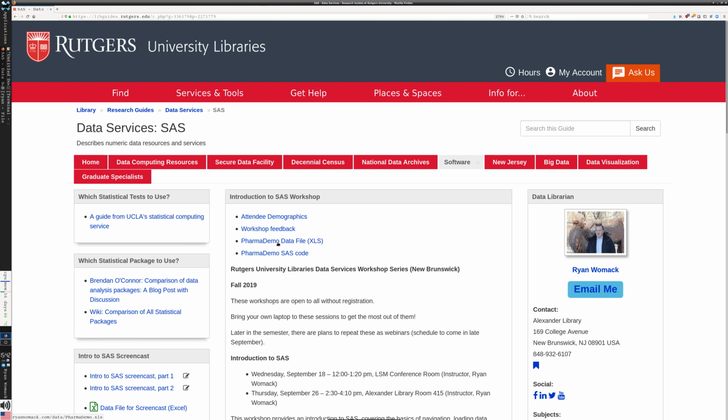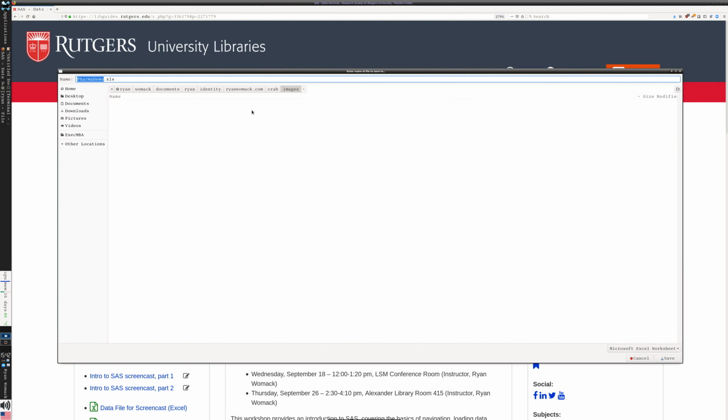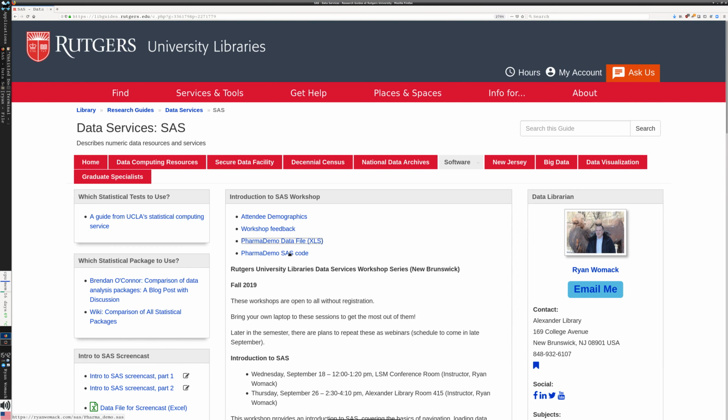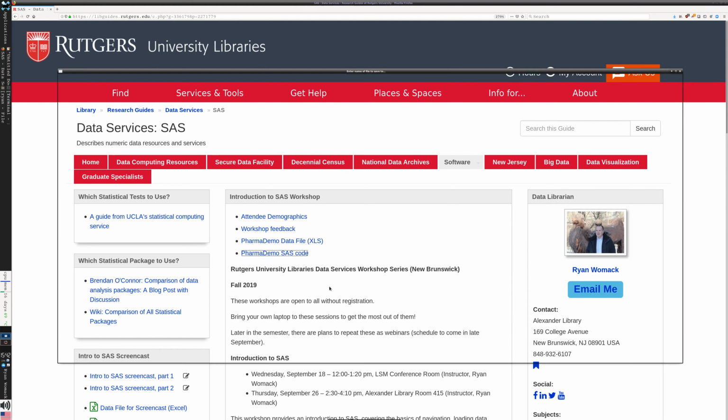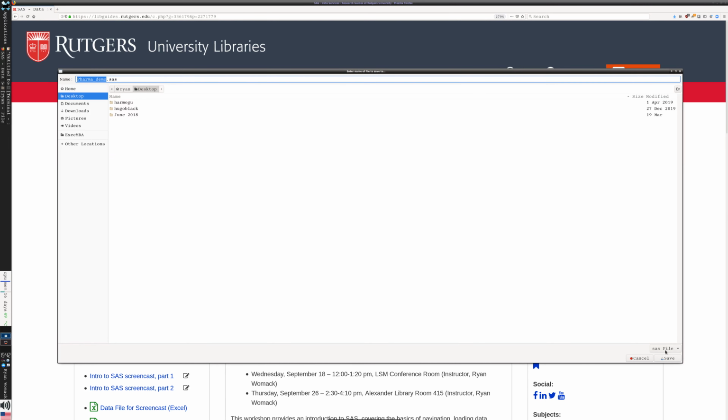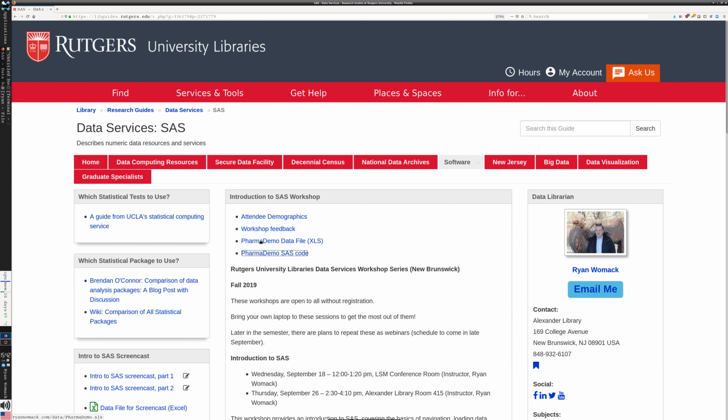So I'm going to just right click on the link and say save link as, and I can drop it into some place like my desktop. I'm going to right click on the SAS code file and say save link as to drop that file on my desktop. So the two files that say PharmaDemo, the Excel file XLS, and the SAS code file, make sure you save those two, because those are the two things we're going to use when we actually get into the